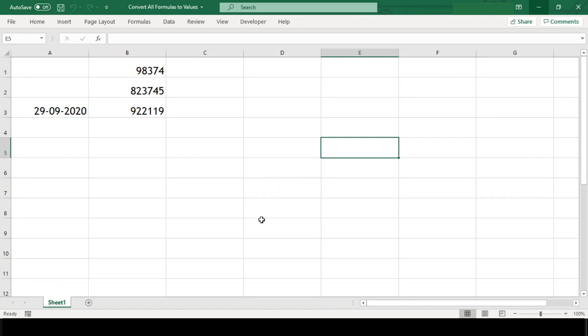You may need to convert formulas to values in Excel if you work with a lot of dynamic or volatile formulas. For example, if you use Excel's TODAY function to insert the current date in the cell and you leave it as a formula, it will update itself as the current date whenever you open the workbook next time. If this is not what you wanted, then you need to convert the formula into a static value by writing a VBA macro code. I will also explain this code line by line.